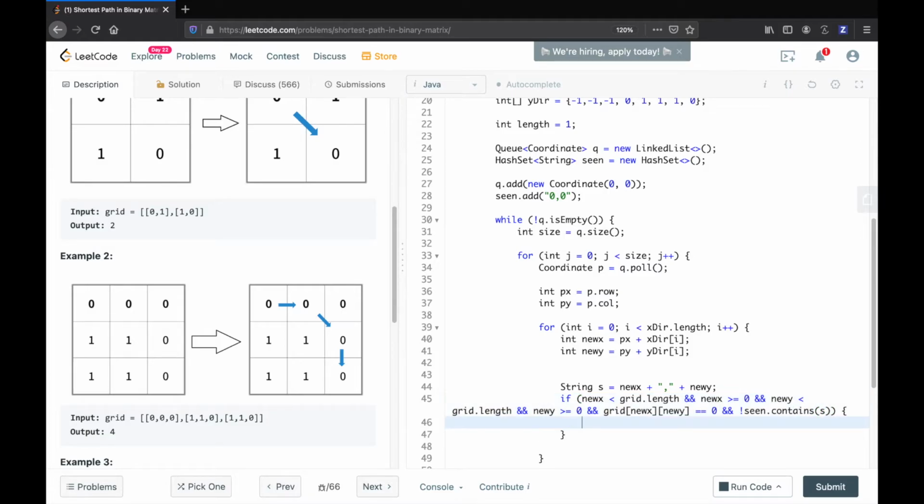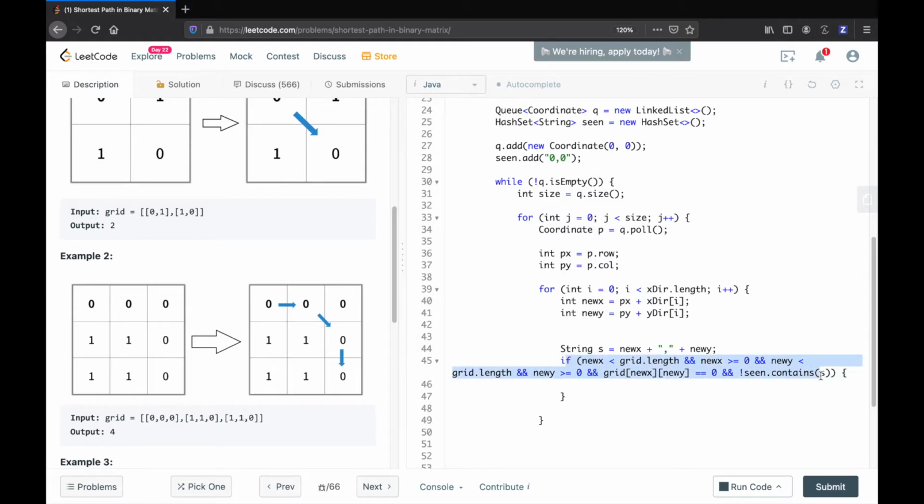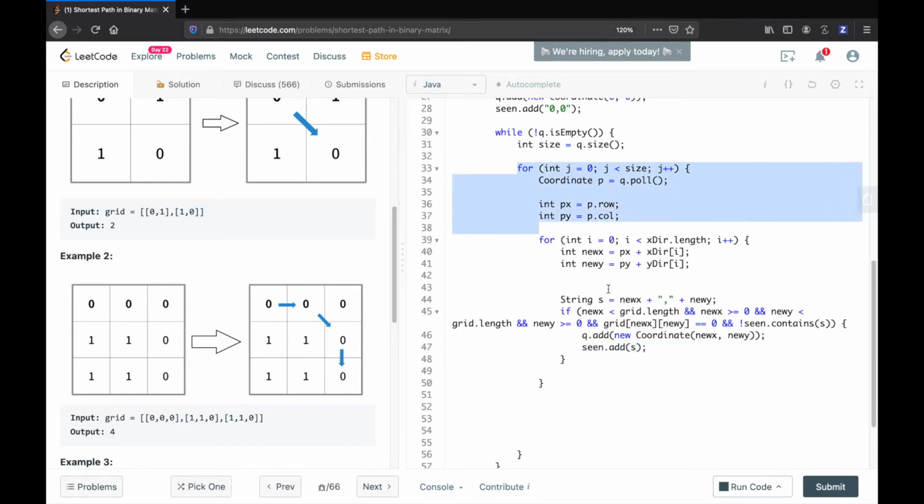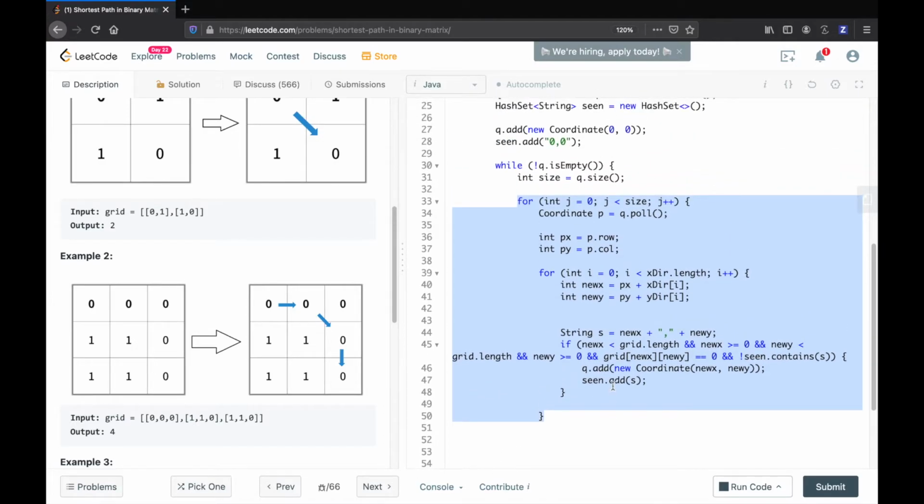So only after all of these conditions are checked, only then are we going to add that new coordinate to our queue and also to our hash set. So q.add new Coordinate newX, newY. And also, we're going to add this to our visited set, but we're not going to add the coordinate. We're going to add the string that we created out here, so s. So after we do all this, basically we'll do our BFS for us. Here we're iterating through each of the cells that are within our queue, and here we're just going through all the directions that we want to explore,